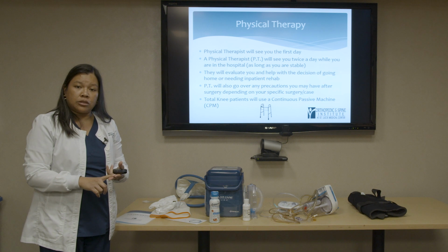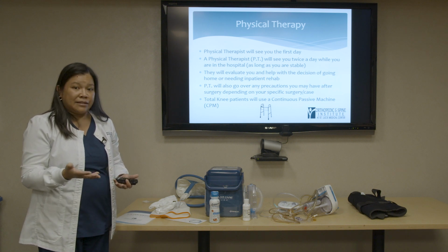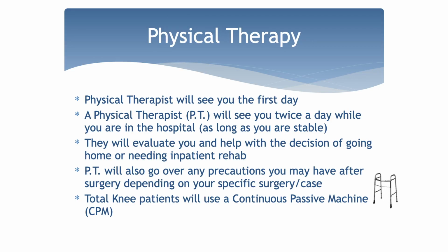Say your blood pressure is good, you're not dizzy or lightheaded, and to make sure your pain is okay. They're going to evaluate you and assist you with the decision of going home or if you need inpatient rehab. They will also go over any precautions you may have after surgery, depending on what you have, like a